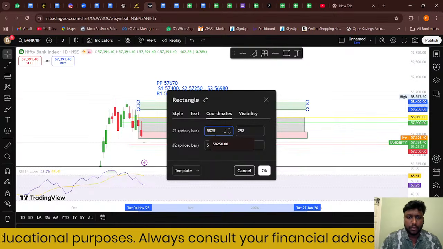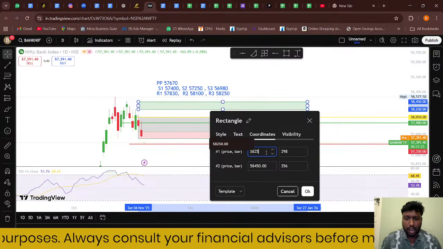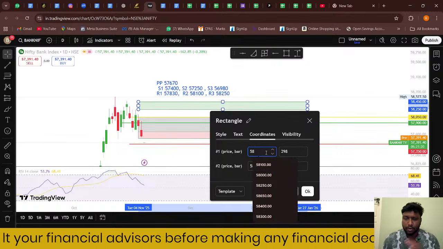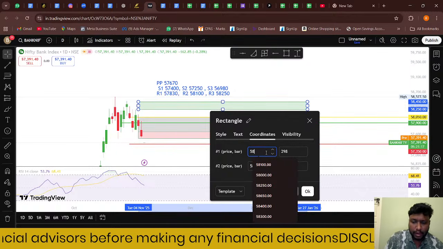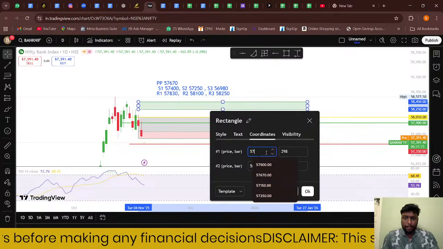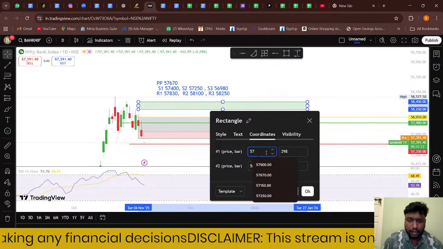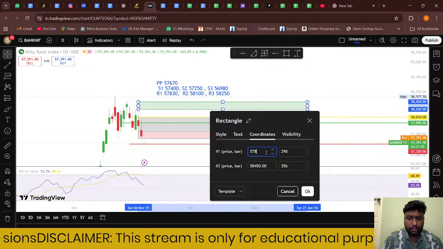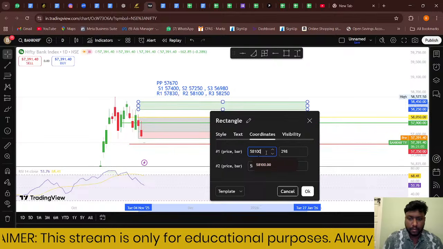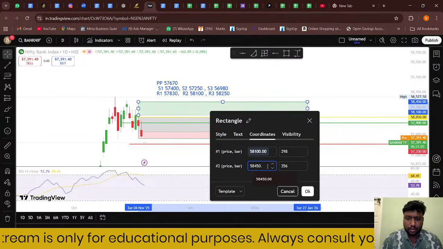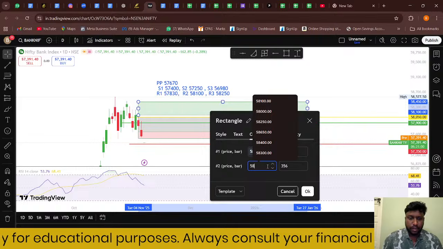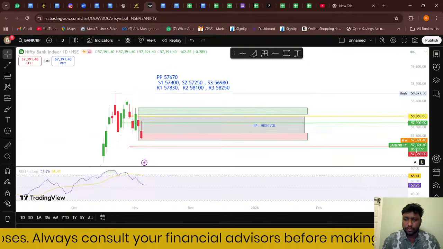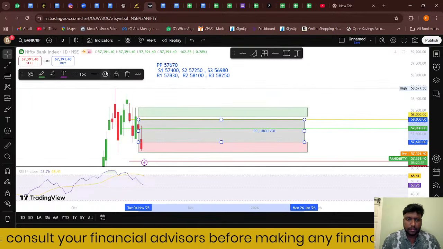Any movement above the R1 will indicate or validate our bullish continuation in the market, or any movement above or trading above the pivot line will validate our particular bullish continuation. So 57,830 will be the R1 node. 58,100 will be marked as the first bullish zone range. So 58,250 will be the second one. So these two levels are considered as the bullish zones for the day,